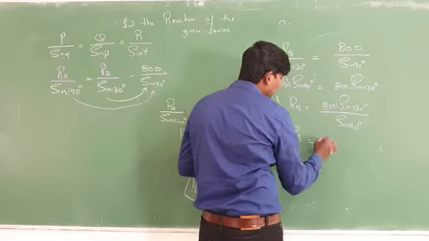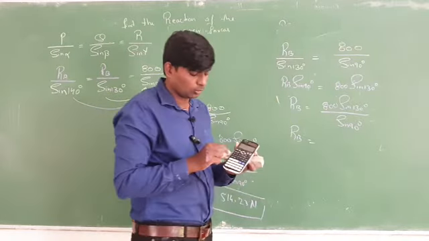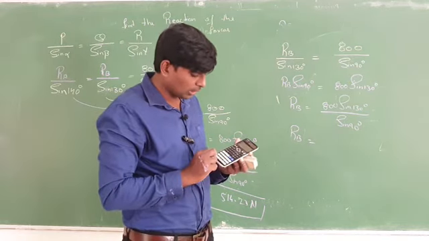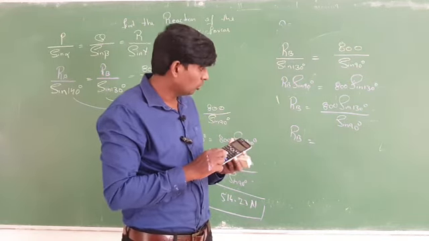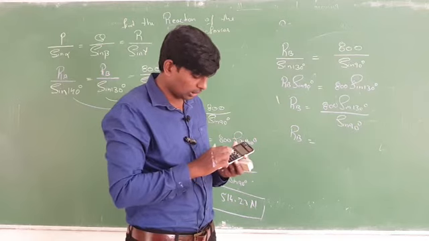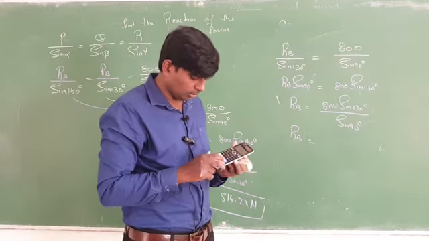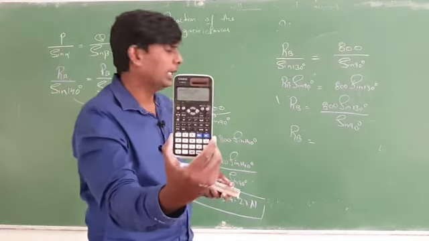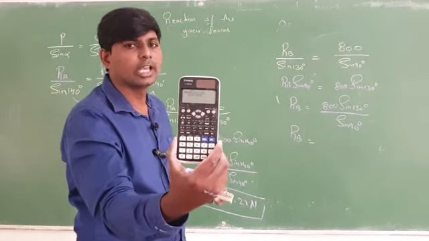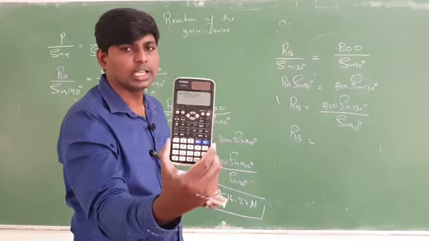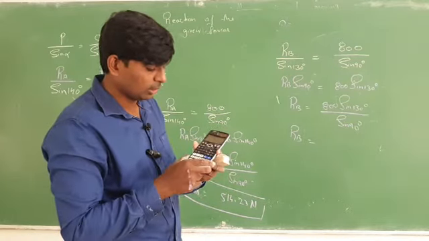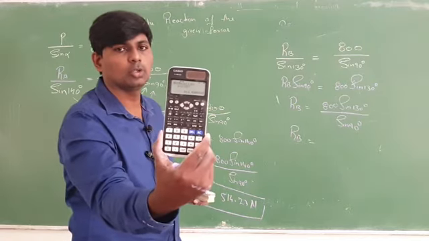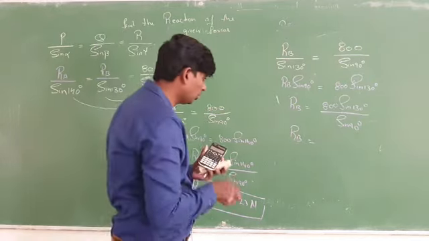Then RB is equal to, again you have to go for the fraction button. After fraction button, here you have to type 800 into sine 130 degree by sine 90. If you press this one, here you get 612.83. So here you have to write